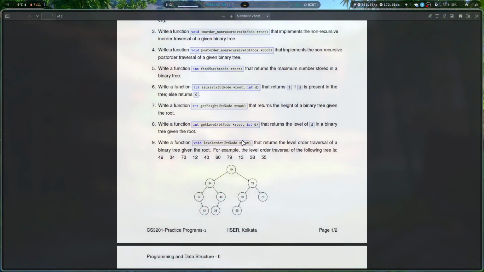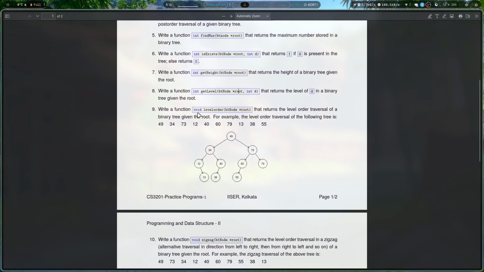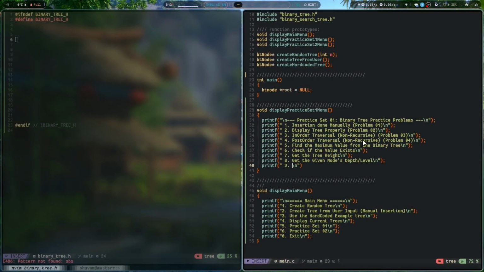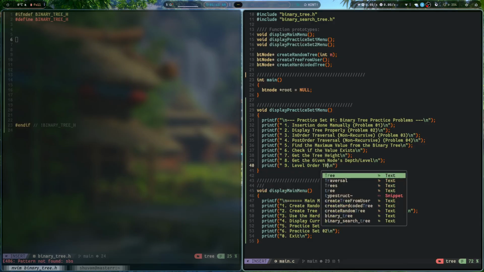Now, what's the next thing that I need to do? Level order. Oh, level order traversal. Okay. So level order traversal. What? Okay, that's a very weird thing. Okay, so